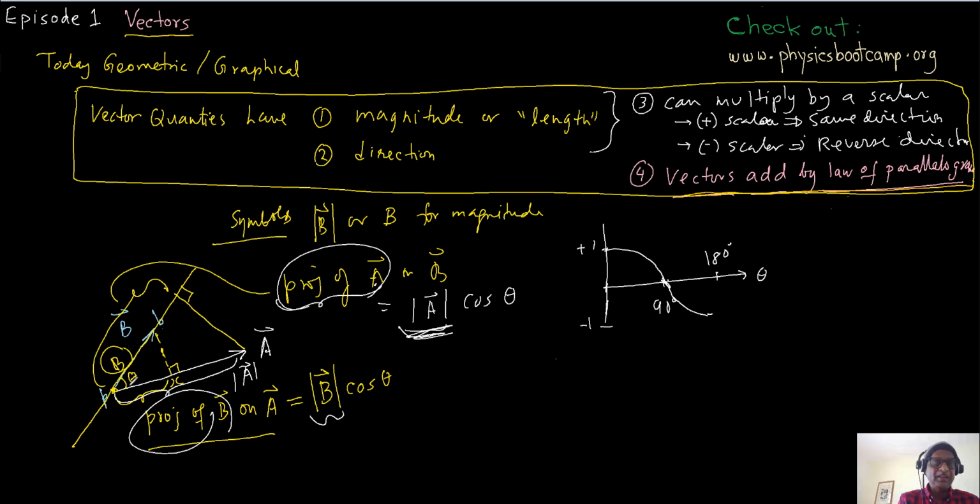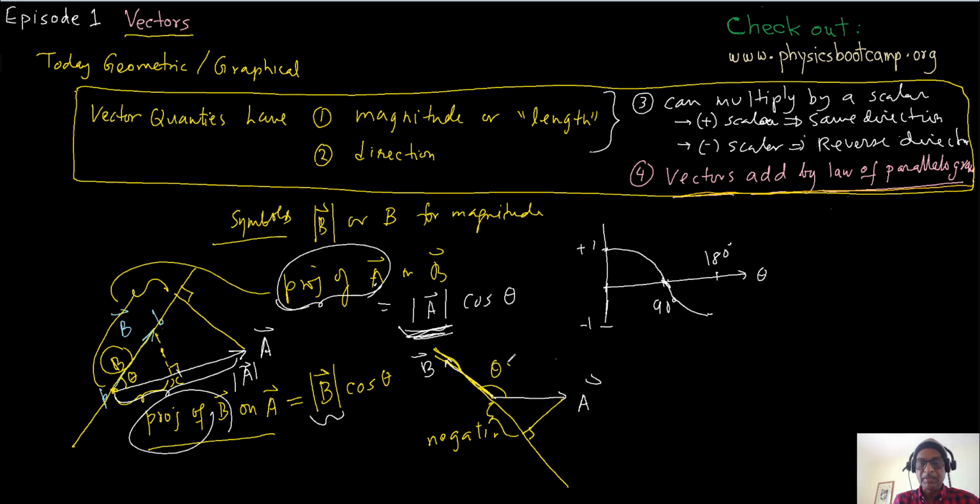So if the angle between A and B was more than 90 degrees, then the projection will be negative. If the situation was like this, how do you make 90 degrees? Well, you have to extend B backward, and then you can get the projection of A on B. And so this will be a negative projection